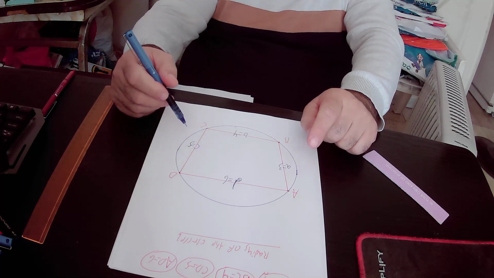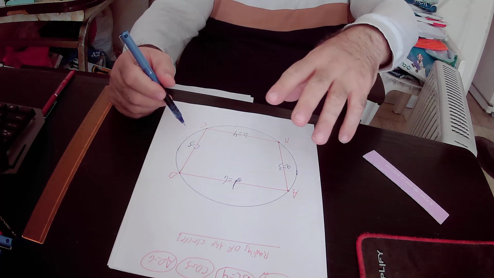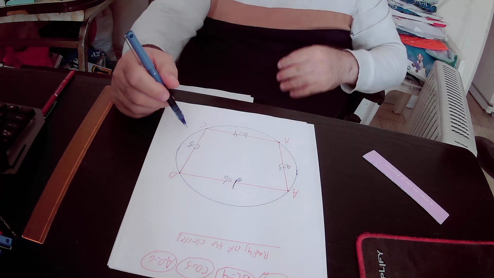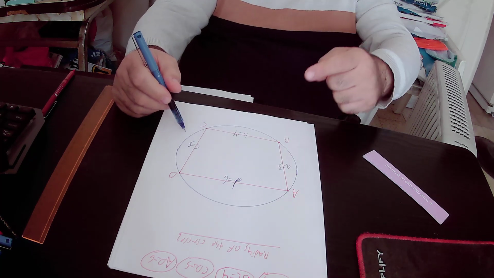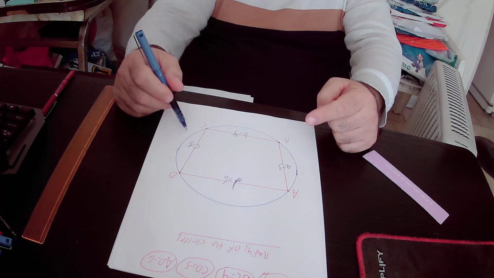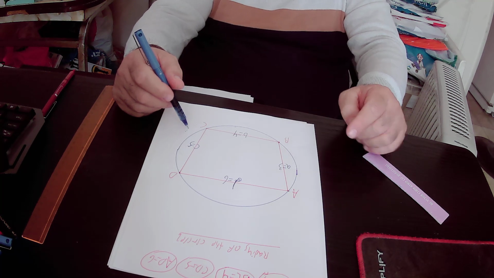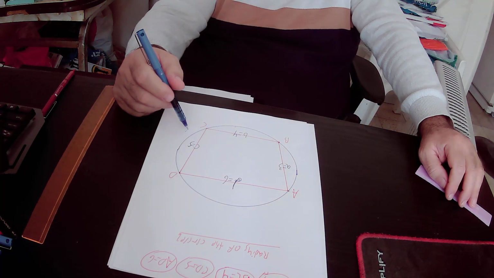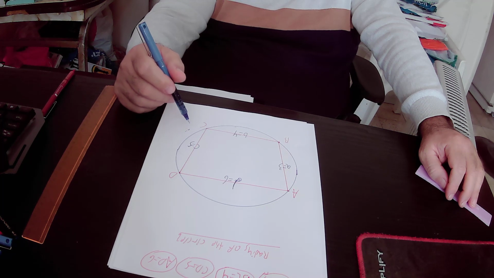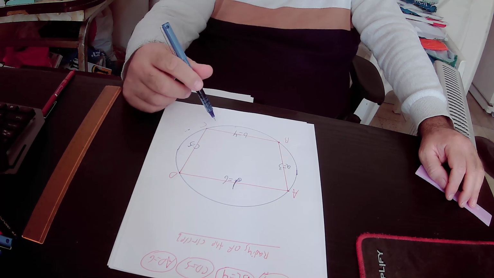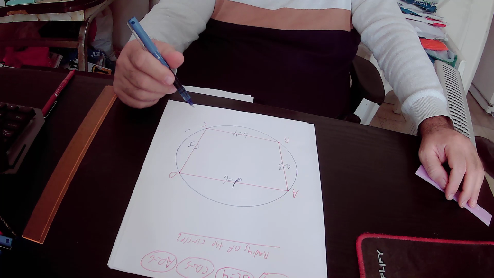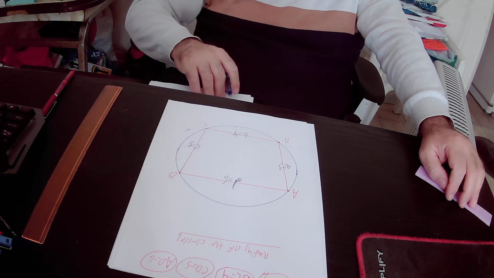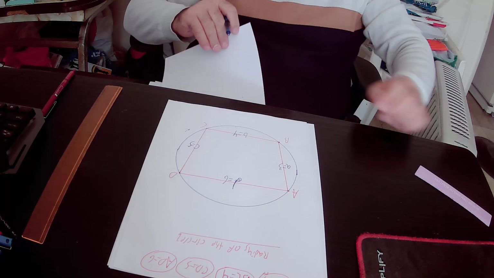And we want to find out the radius of this circle that encloses quadrilateral ABCD. So first of all, I will present to you 3 new rules, and we will implement the rules in our drawing. So rule number 1 states that